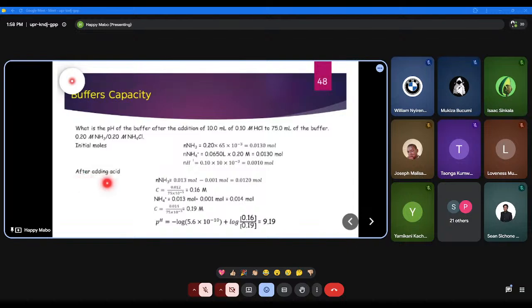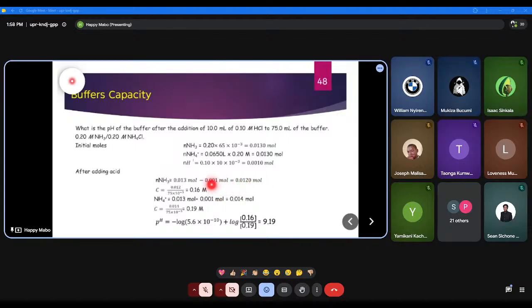Then after adding the acid, the number of moles of ammonia is going to be that concentration that we have there, minus the concentration of hydrogen ions that we have here, which is going to give us